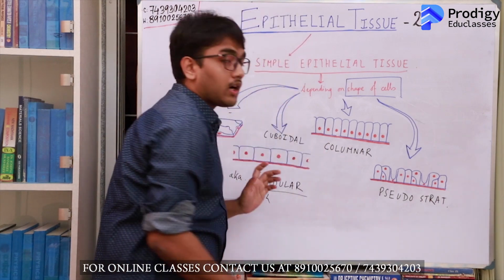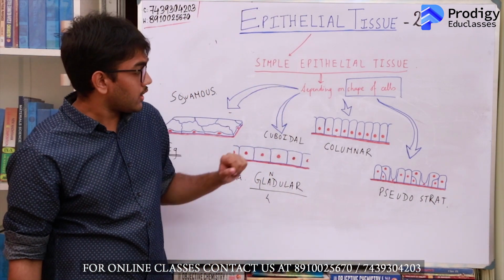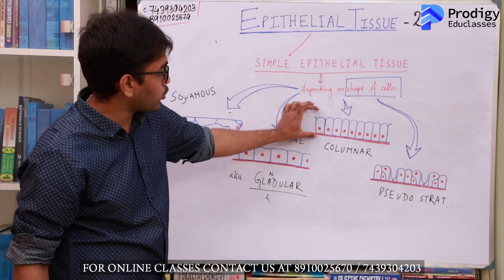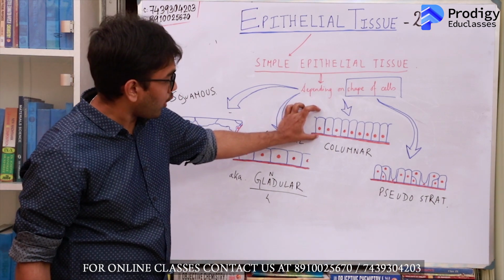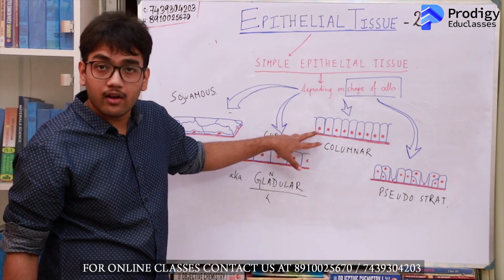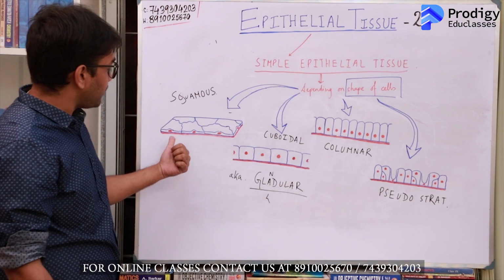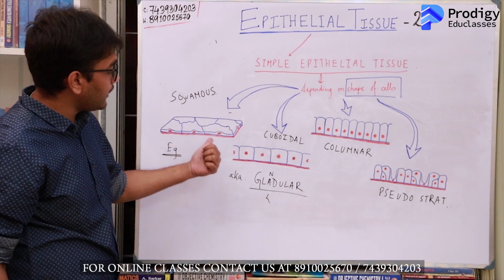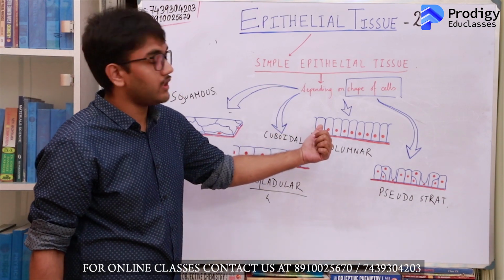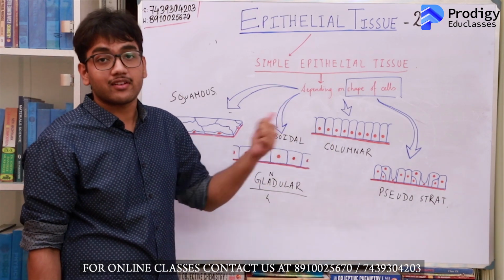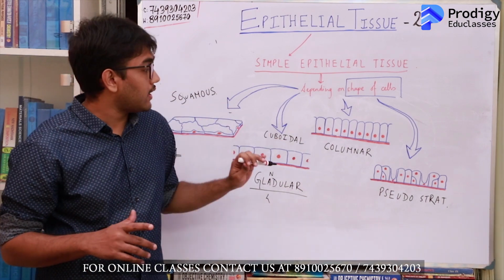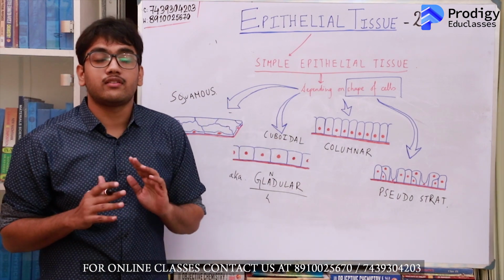Next, considering columnar epithelial tissue. If you look at columnar epithelial tissue, you will find that these cells have a height which is twice the length and breadth. So these are tall cells which will have a round nucleus which is basally located. So squamous epithelial tissue has a flattened nucleus, cuboidal epithelial tissue has a round central nucleus, and columnar epithelial tissue has a round basal nucleus. The columnar epithelial tissue will typically be found in the lining of the gastrointestinal tract.